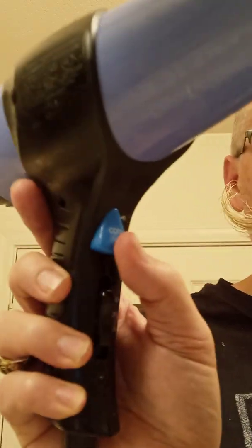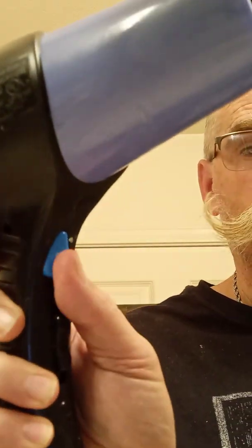I tend to use a lot of heat. It's not highly recommended, but I also use quite a bit of oil in my wax at night and other times, so I really don't have a problem with split ends or breakage of the hairs. But in general, I suggest using a diffuser on the cool setting, or not using a lot of heat. So I like to go like this first,